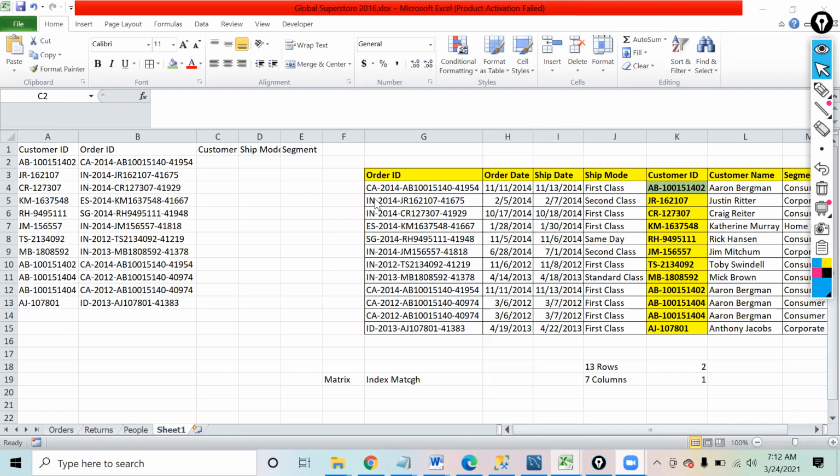Yep. So Harsha, the question is basically I want to find for these customer IDs the customer name, ship mode, and segment. One formula I've already applied, but I want to keep this formula dynamic so that I don't have to change anything when I copy and paste this formula on the right hand side.